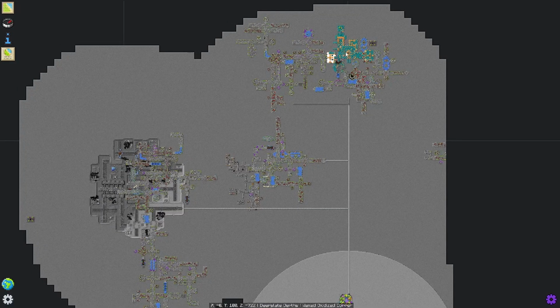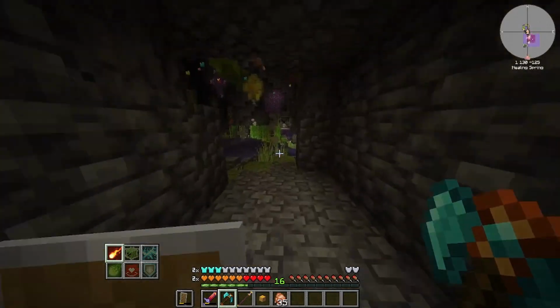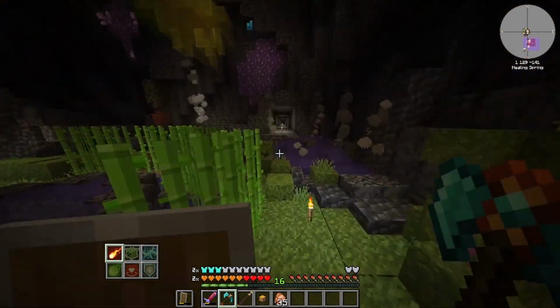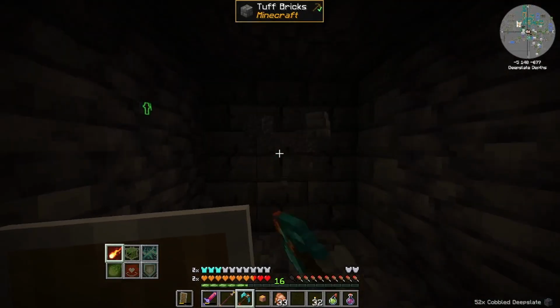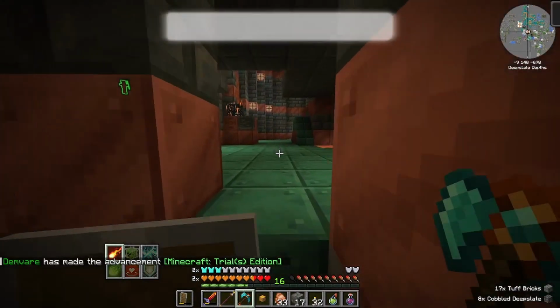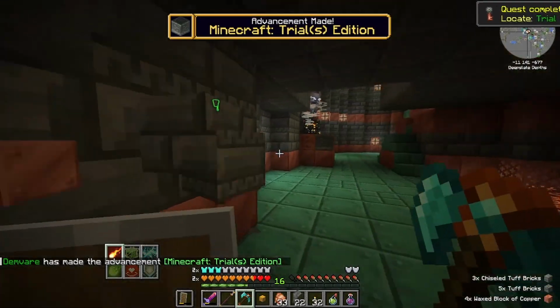We've got this fancy, what I can only assume is a trial chamber over there, so let's see if that kills me. I mean, it probably will, but hey, maybe it won't. Yeah, I see tuff bricks, and I think that means trial chamber. And copper, I guess. Yes, here we are. Now, I'll be honest, I've never even done these in vanilla, so...